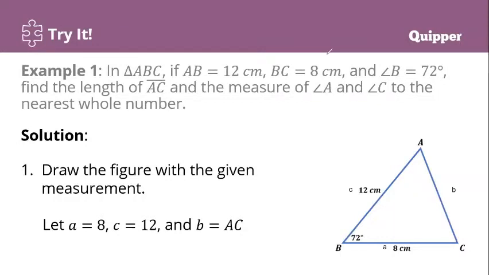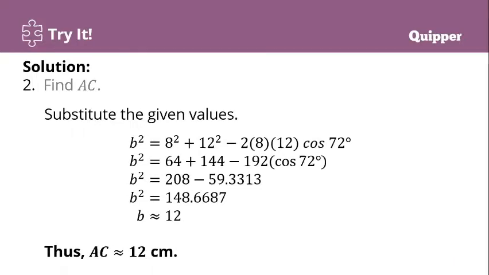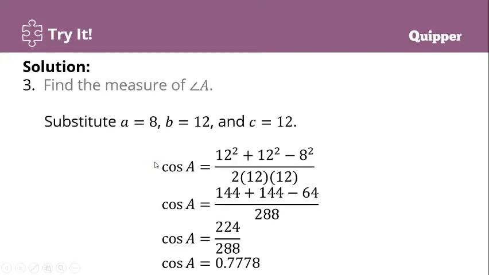Okay? Using the derived formula for angle A, we have cosine A is equal to b squared plus c squared minus a squared over 2bc. That's why we solved first for side B. Okay, so just substitute the values. A is 8, B is 12, and C is 12. Okay, and then we have cosine A is equal to